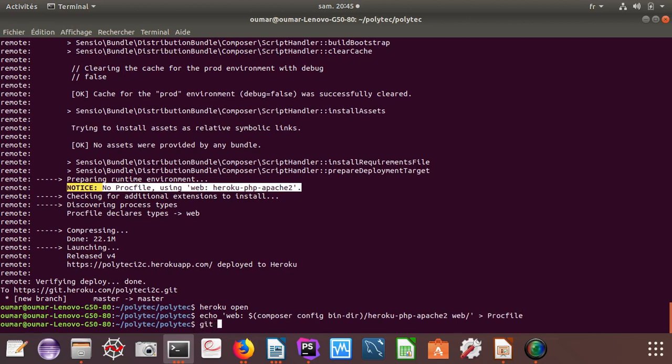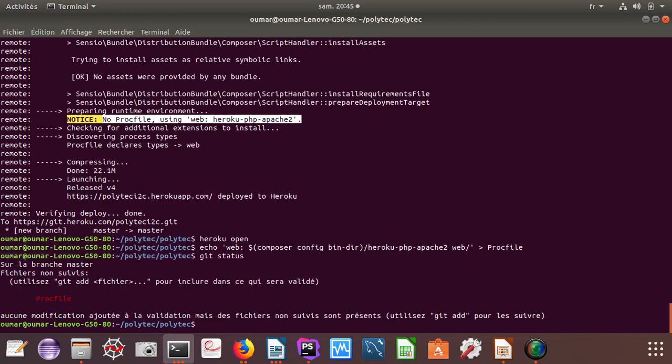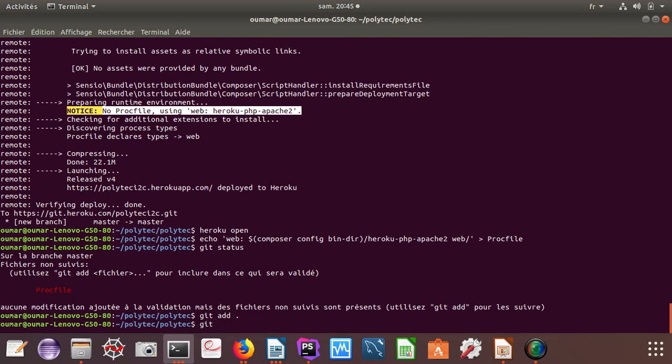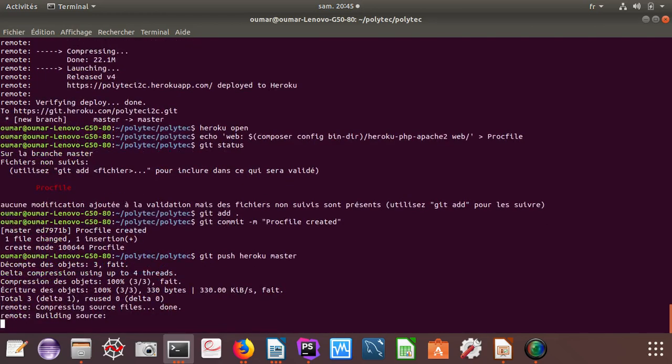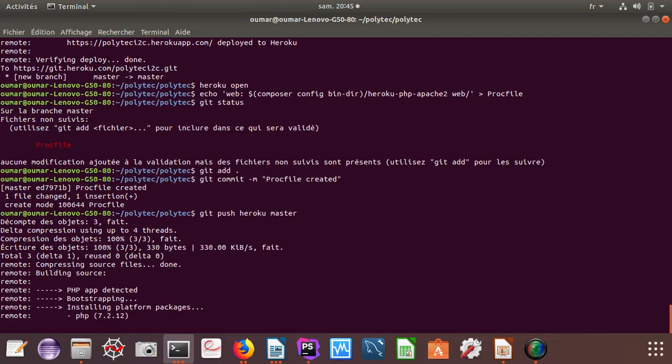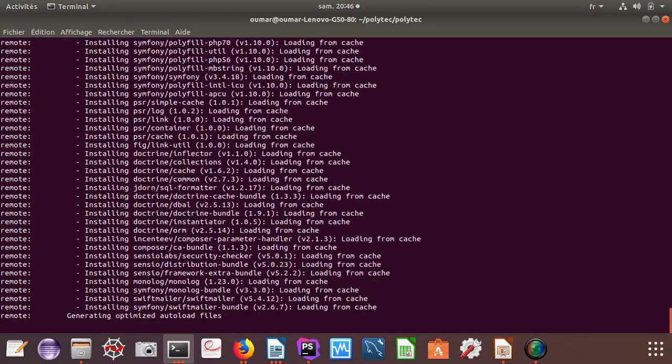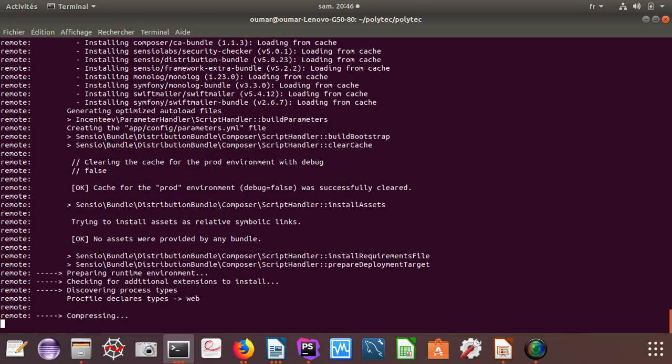And if I run git status here, I see that there is one change. git add, and git commit, Procfile created, and then git push heroku master, and just wait. From here I shouldn't have any mistake, since I created the Procfile, and everything should be